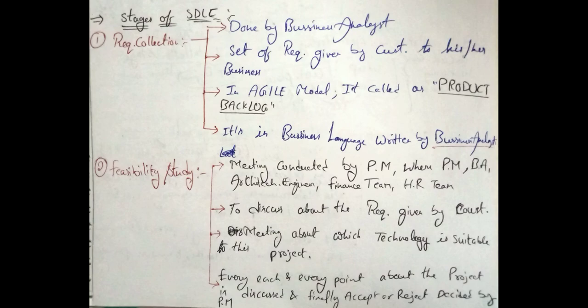Each and every point about the project is discussed and finally accept or reject of the project is decided by the project manager. Okay. In the feasibility study, they discuss the project: how much budget we will have to put, and how many test engineers will be needed for this project, how many developers will be needed,